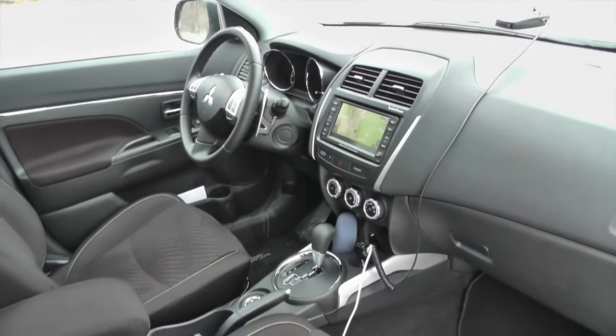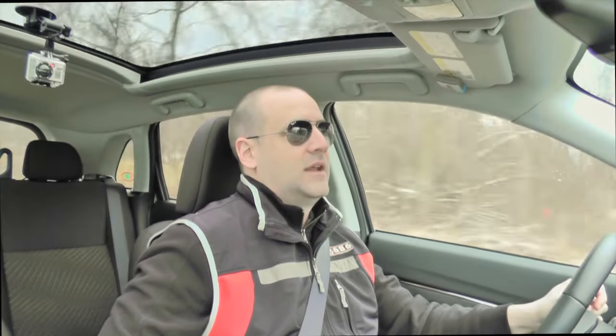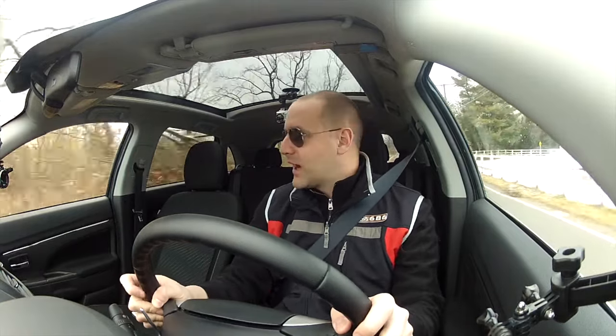Up front, the seating position's fine. You get a multi-way manual adjustment seat. And by the way, there are seat heaters on this version of the SE Sport, but unless you really read the manual, you'll never notice that they're down here on your right-hand side in a place that at least I think most people would be challenged to find them. Again, you own the car, you're going to find out these things, but it's sort of a weird design decision and placement of those switches. And while that might seem like a sort of nitpicky thing, it's sort of endemic of the entire car. A lot of it is questionable from practicality and design